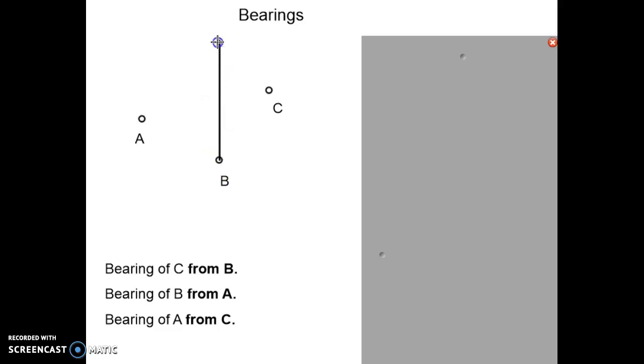So we'll draw a line straight up the page and call that north. We want to travel to C, so we need a line from where we are to where we're going. So join B and C up with a line, and then